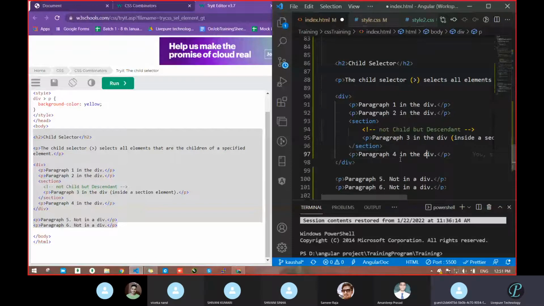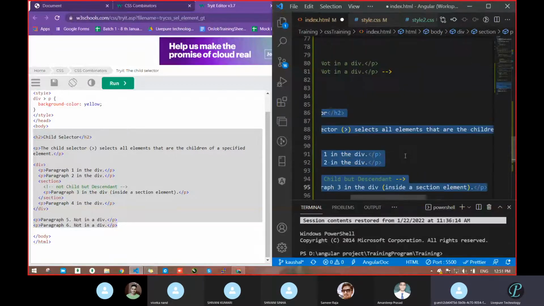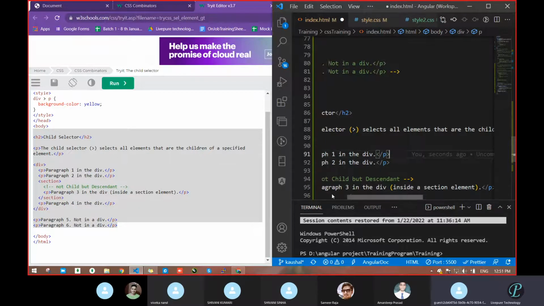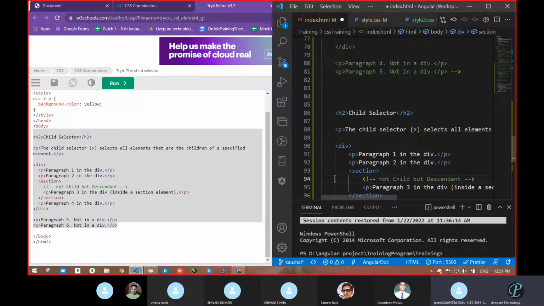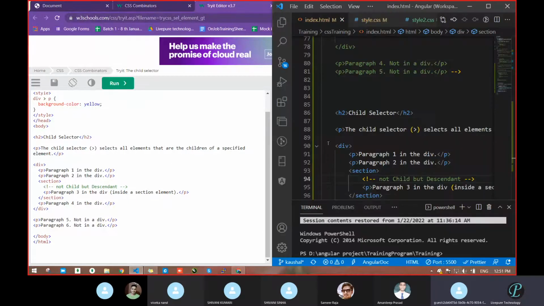And the main thing, why am I commenting? If I do not comment, and suppose some style is applied here, and this is already applied somewhere, we will not get the effect. That's why I am commenting. So the best practice in HTML and CSS is to comment and check. Otherwise, you will not get it and you will waste time.